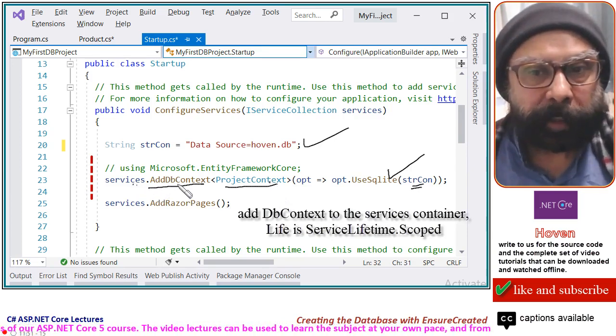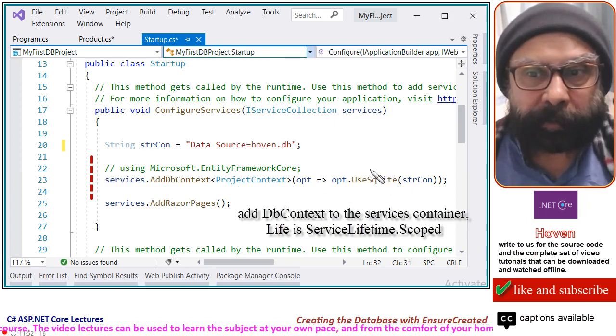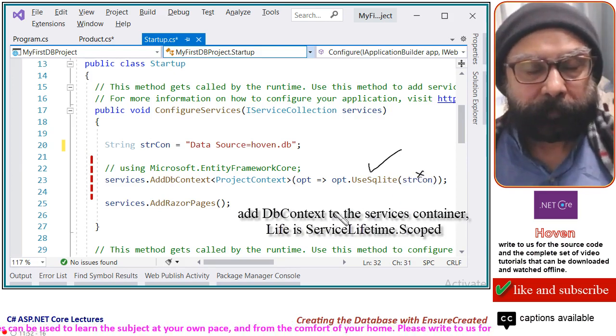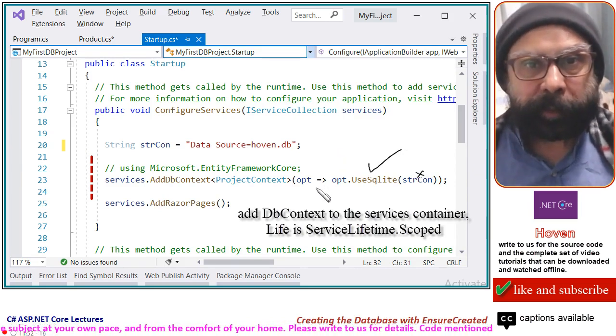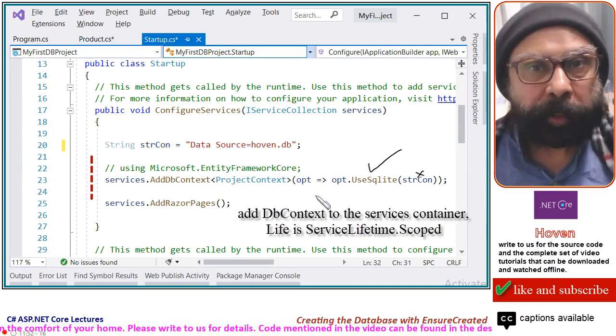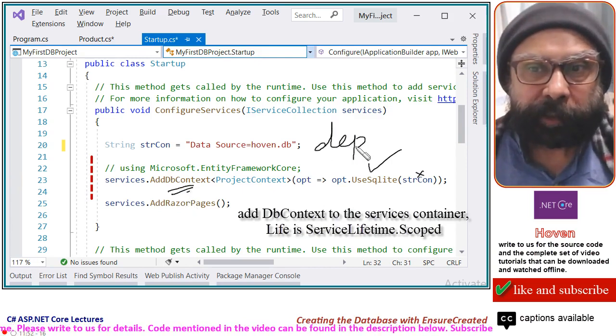This tells us that we are going to use SQLite with this connection string. This statement tells ASP.NET Core to create a new scoped database connection on demand. This is actually dependency injection.